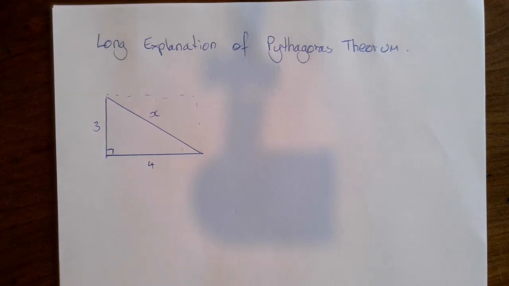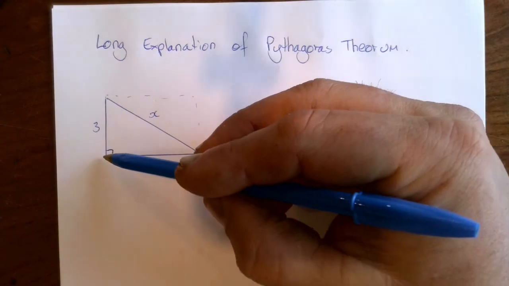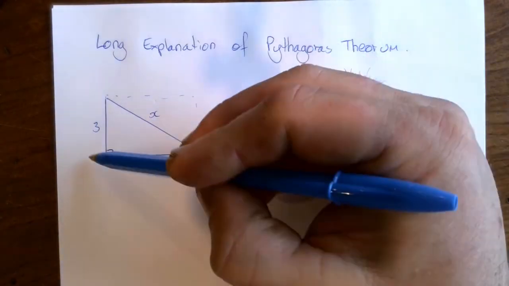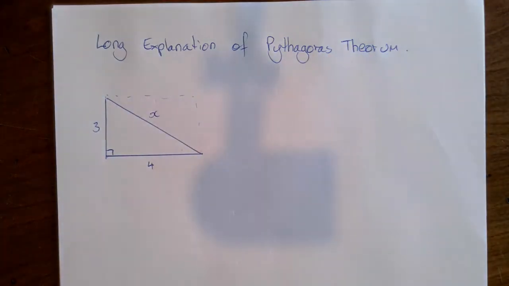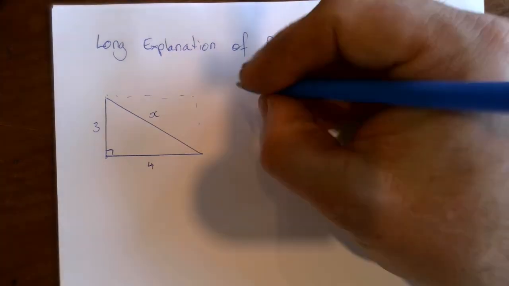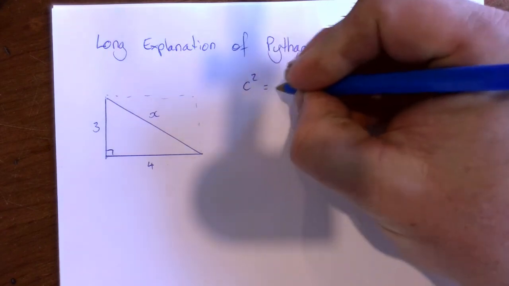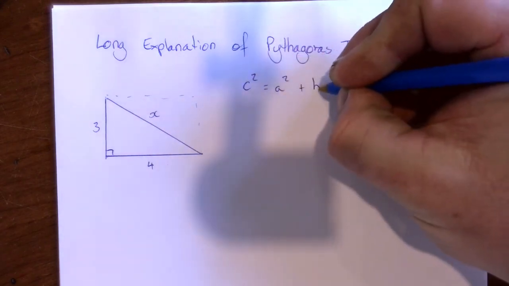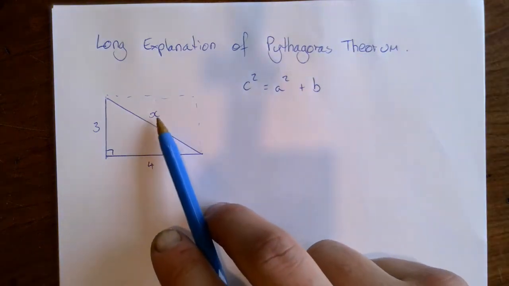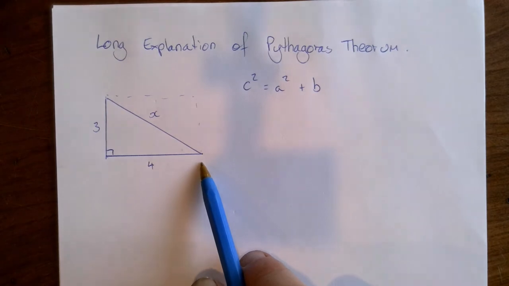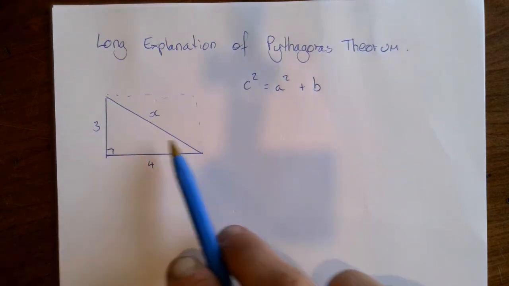Now, Pythagoras came along, and if you Google Pythagoras theorem, it'll show you all these pictures of squares that are 4 by 4 and 3 by 3 and then 5 by 5. And that's how he developed the theory, but you don't really need to have an in-depth understanding of that, so long as you can remember that c squared equals a squared plus b squared. Now, whenever you're looking for the hypotenuse, the longest side, okay, the one that's opposite the right angle, this is